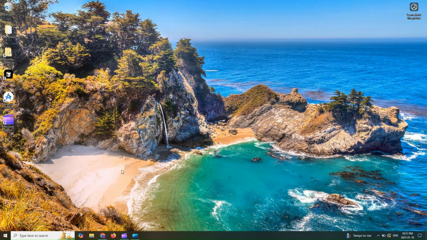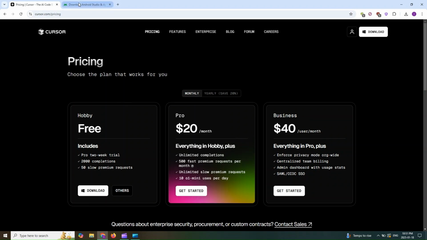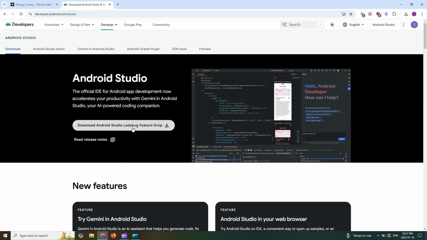Hi, my name is Livingston and I'm here to help you make an app in Android Studio without any programming skills using Cursor AI. First, you will need to download both Android Studio and Cursor AI from their website, which